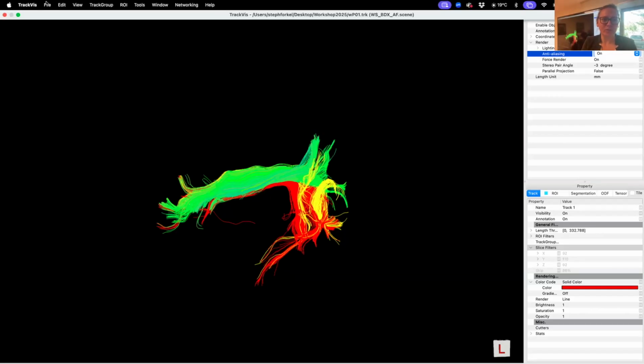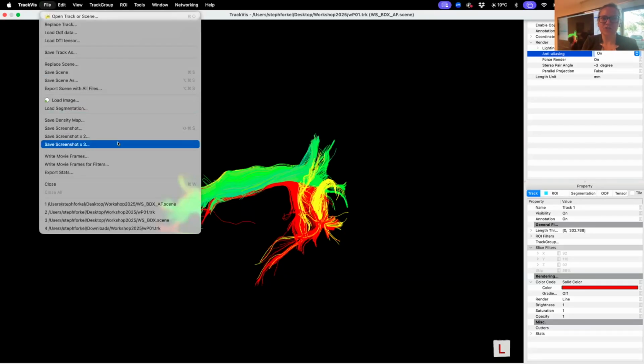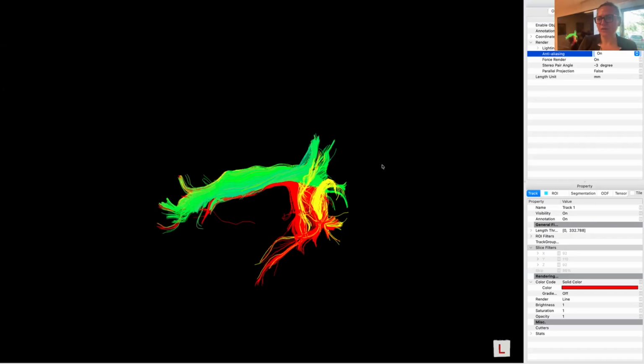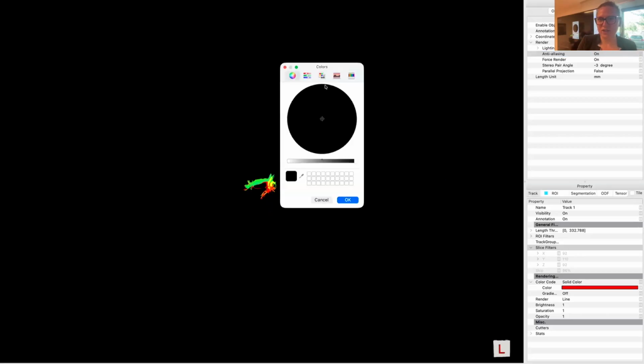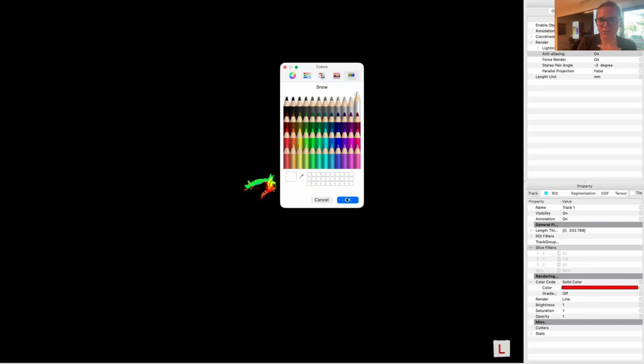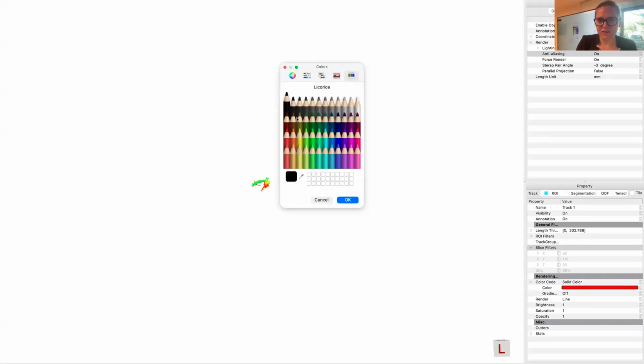So the better option for papers is to go to save screenshot ×3, and that gives you a high resolution image of your dissection. And if you're not a big fan of black backgrounds, you can also change the background color to white, for example. I usually just cut it out, but